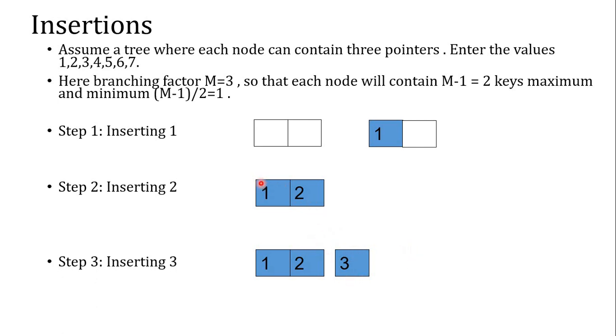Here there is only a single node, so it doesn't need any root node. Whenever you have 2 nodes, then you have to select a root node, because from a root node you can